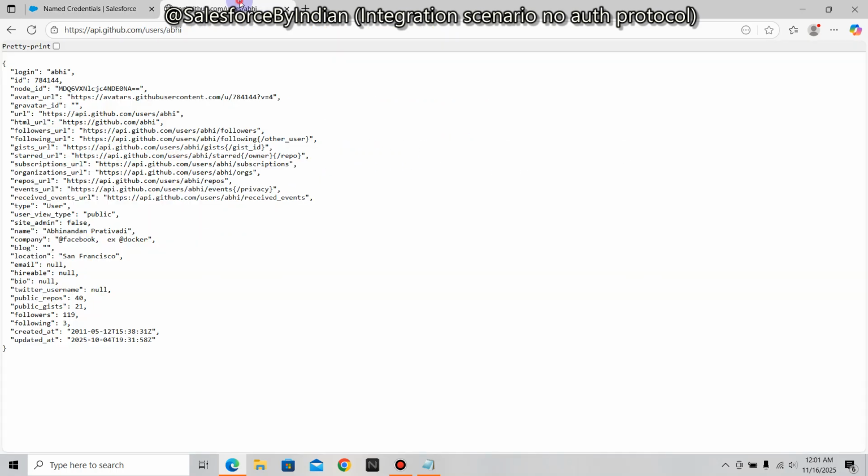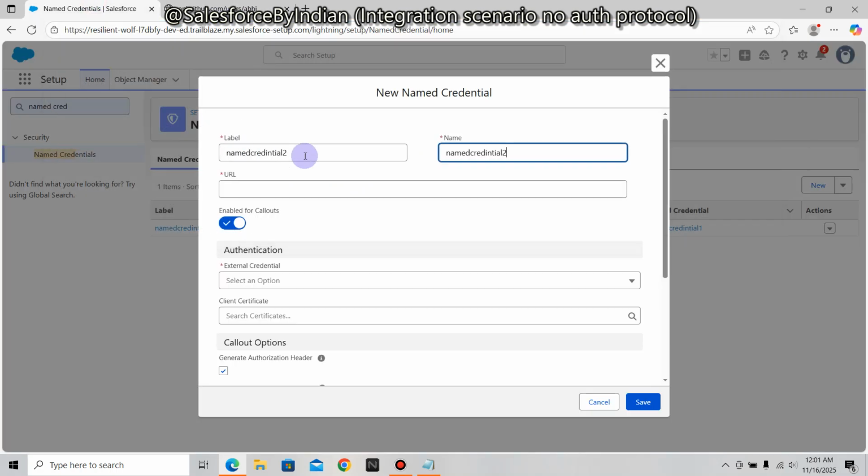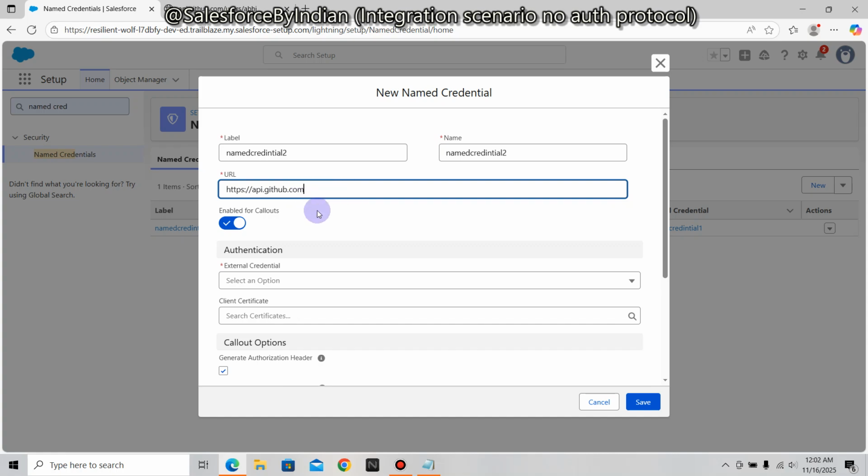The URL, normally this is the API, right? In the named credential URL, I have told you already in my previous video, we will only provide up to the name, I mean api.github.com, amazon.com, aws.com. The remaining thing we will provide later,